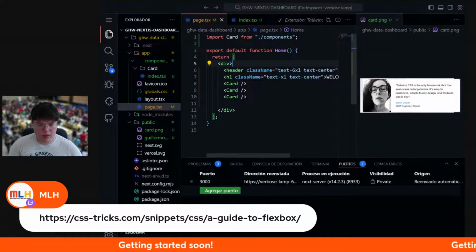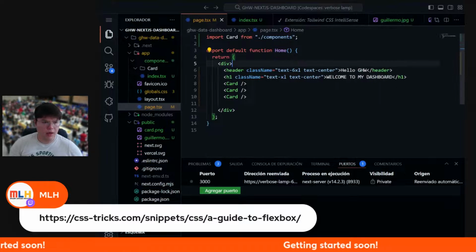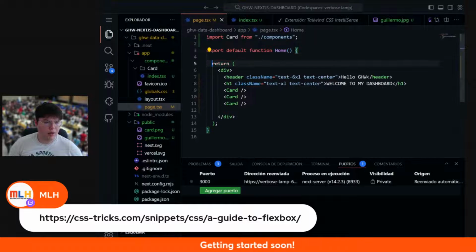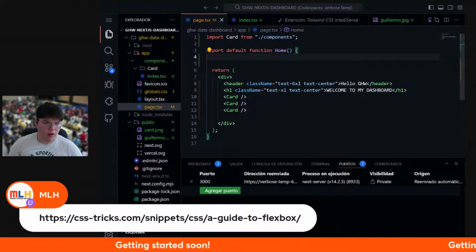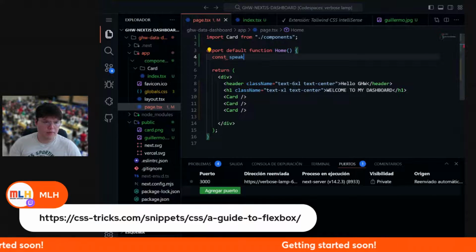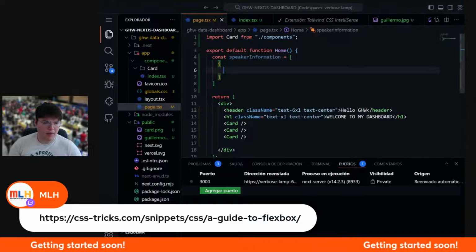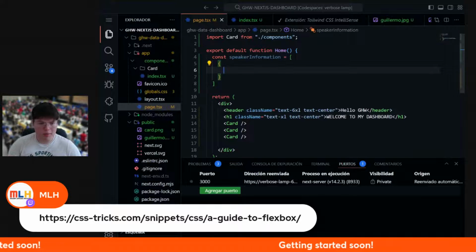So before doing that, let me just add some format to this document. Let me close this, and let's create a new array of objects called const speaker information. And this is going to be an array that is going to have an object, and that object is